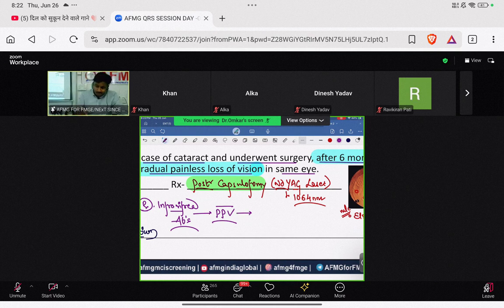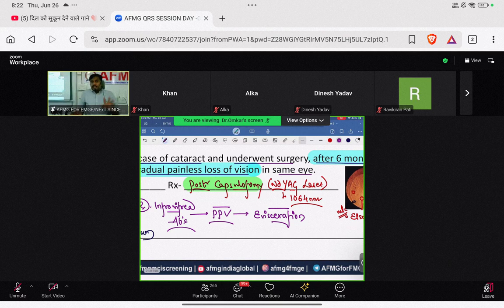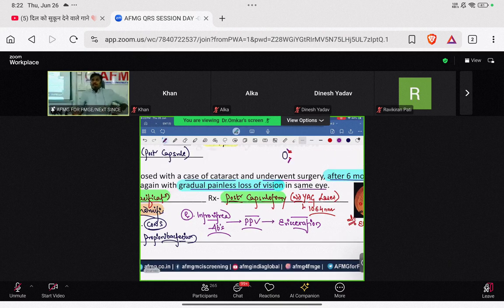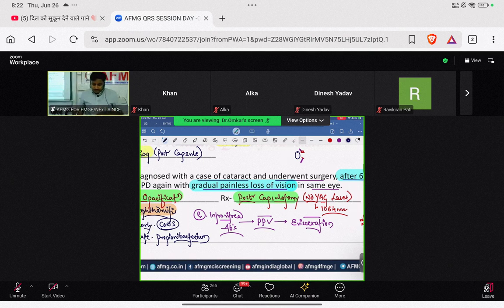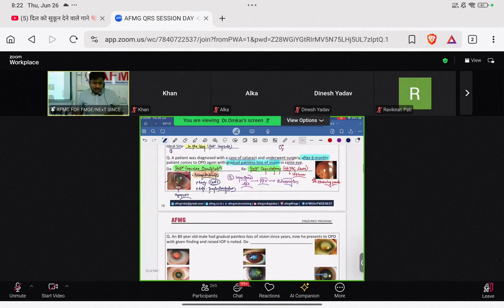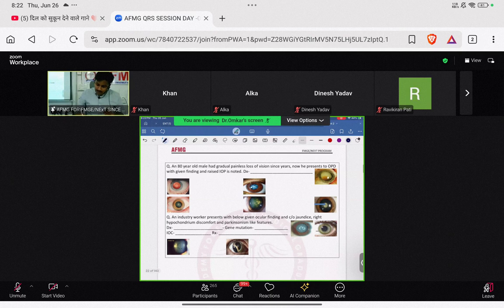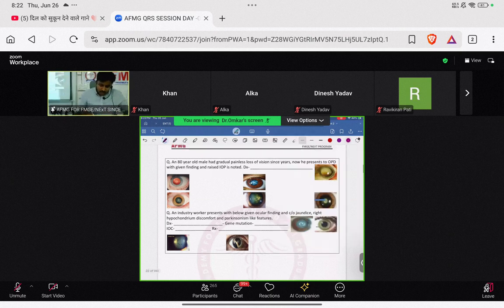Removal of inner layers of the eyeball is called evisceration. Removal of inner layers of eyeball is known as evisceration. Inner layers of viscera, beta. So removal of only the inner layers of the eyeball is called evisceration. That is the last option in treatment of endophthalmitis. Clear? Enucleation is done in other conditions like an intraocular malignancy known as retinoblastoma or in sympathetic ophthalmitis. Clear? Exenteration is removal of the orbit, done in mucormycosis. Very good.